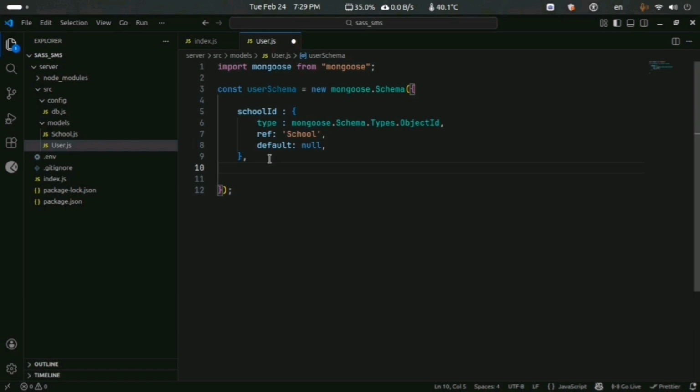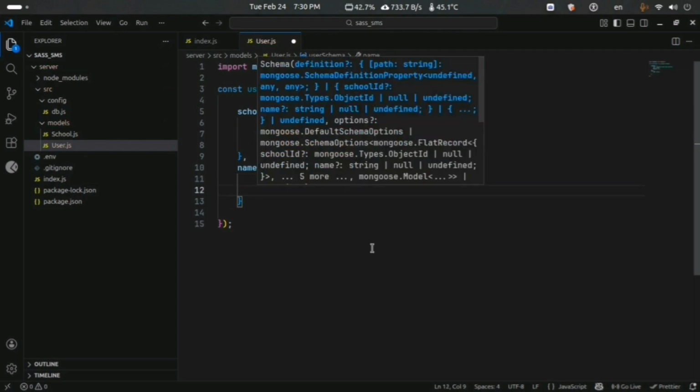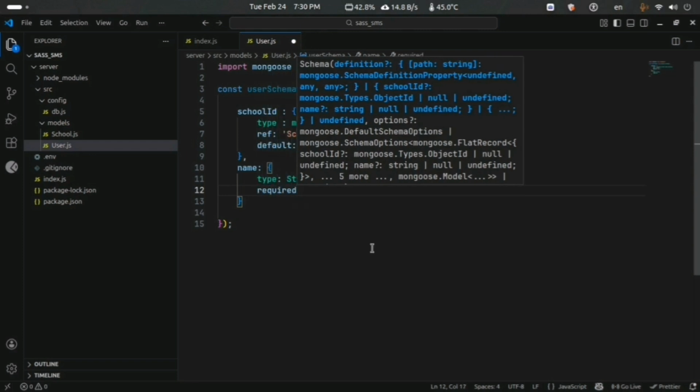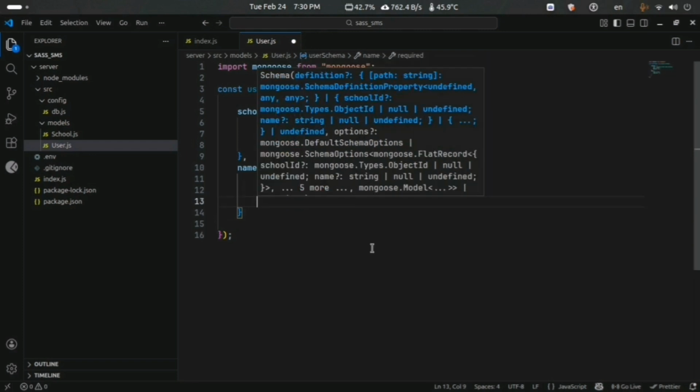Next, we need username. So name, type String, required true because username must be required, trim true.